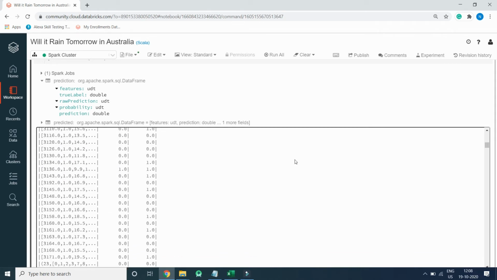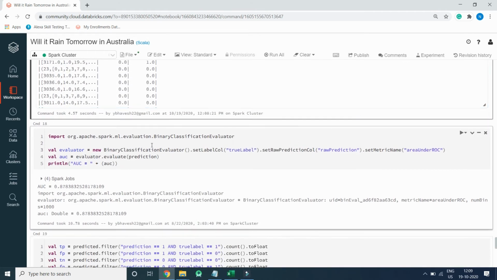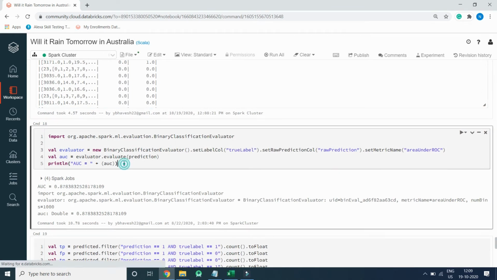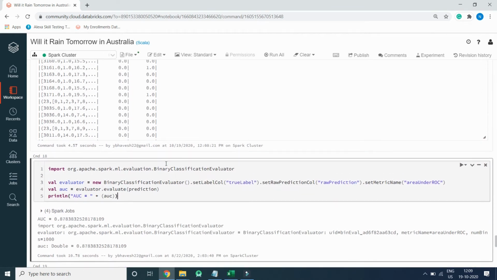So now let's evaluate the model, whether how much accuracy we are getting from this model, whether it is functioning as per the data which we have designed for it. So let's evaluate the model. For evaluation, we will use built-in evaluator provided by Spark. So this is the evaluation code.